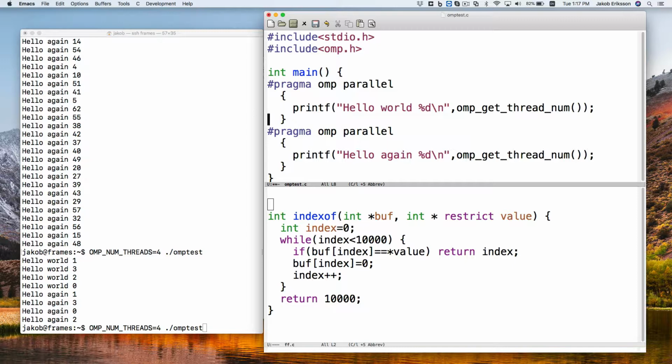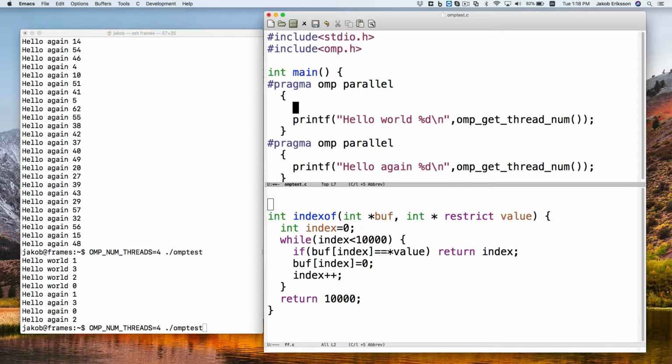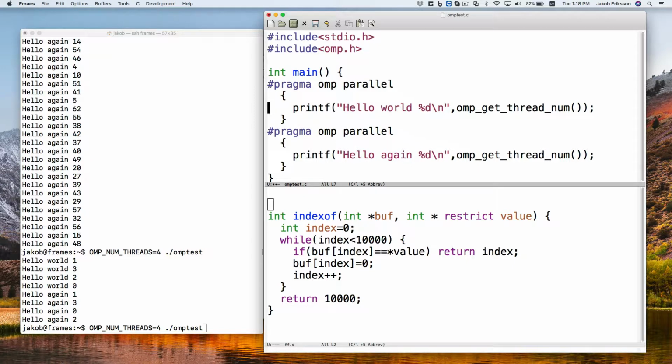Okay. So whatever goes in this OMP parallel by default runs the same code on all the different threads that you have up and running. That can get a little awkward. Usually if you have a multi-threaded program, you want them to do different things. So we can go like this if we want. Let's see, what's it called? Get thread ID, I think. Oh no, it's get thread number. Okay, good. So we can say